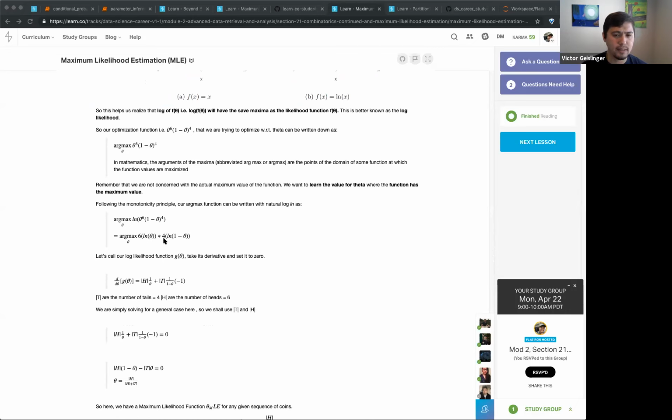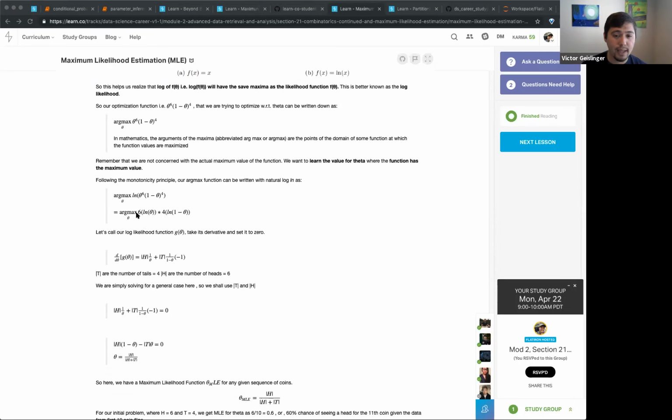They're basically just taking the derivative up here. You're taking that function part out. They're using the chain rule, right? And then once you have that, you can ask, what's the derivative of log of theta? That's just 1 over theta, times 6. And what's the derivative of log of 1 minus theta? That's 1 divided by (1 minus theta), times -1. Basically, the derivative of this part with respect to theta is just -1. So that comes out right here.